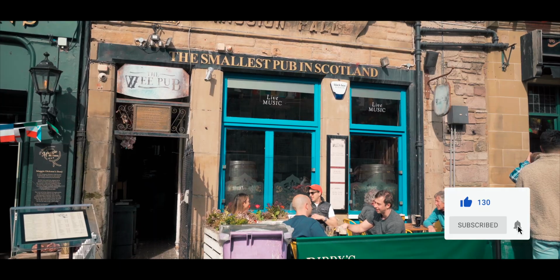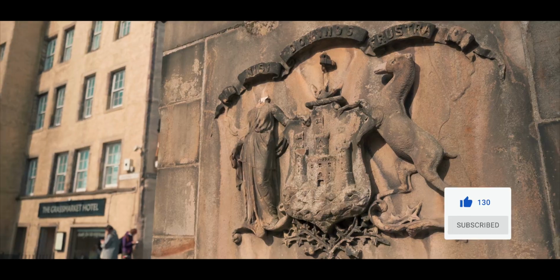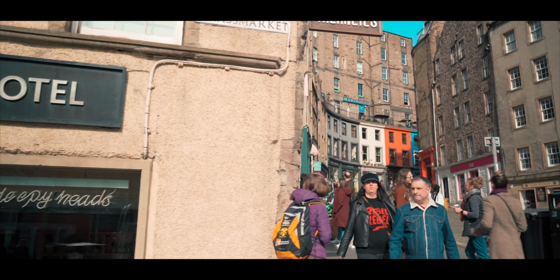The area behind the castle in the old town is called Grassmarket. This bustling area of the city has lots of restaurants, bars and great shopping. It's also the area where you have Victoria Street, which is a must-see if you're a Harry Potter fan. This colourful street is rumoured to be the inspiration for Diagon Alley, which is the magical shopping street in the